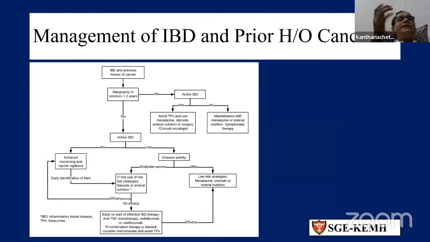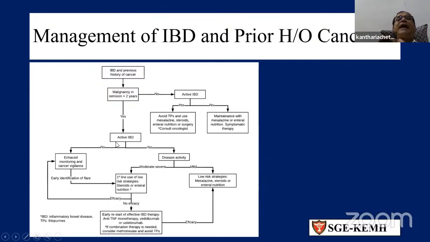Now, we come to another situation where you have a patient who presents with IBD and gives a history of malignancy in the past, colorectal malignancy in the past. So how do you manage it? You first find out whether the malignancy remission is more than 2 years. And if it is yes,